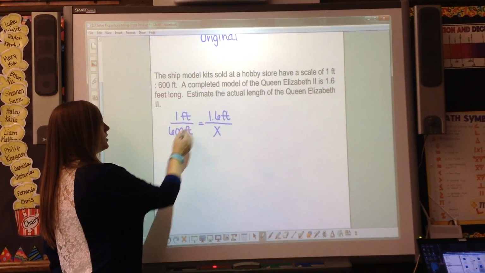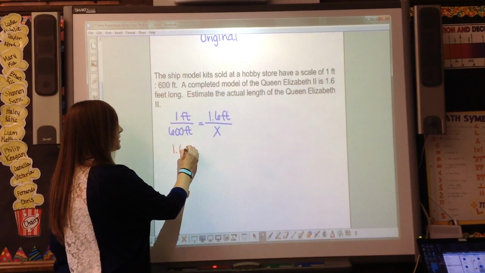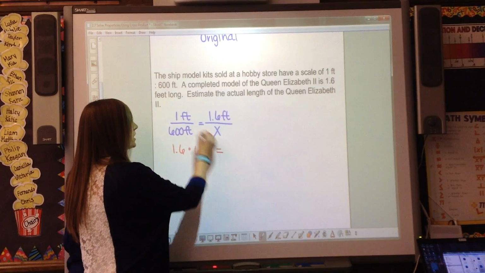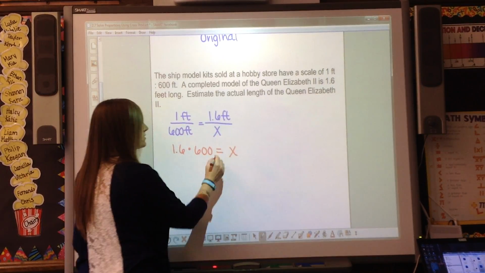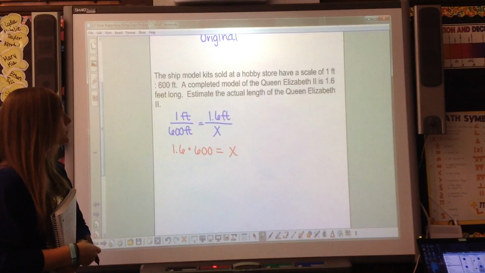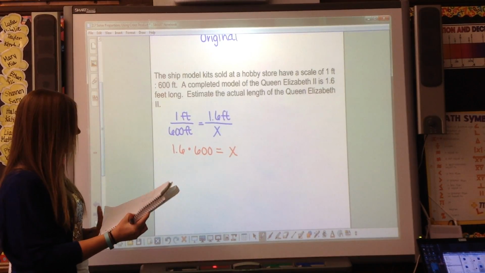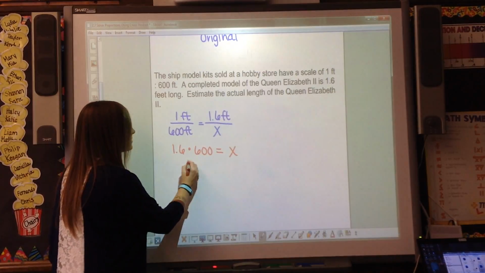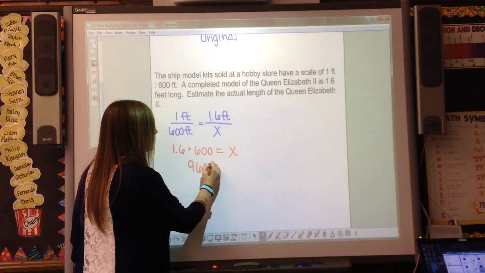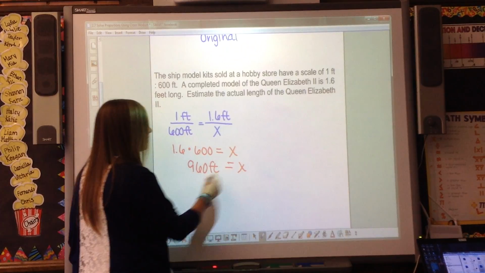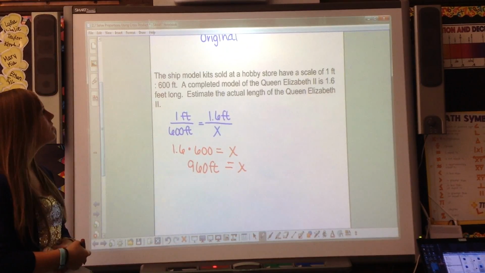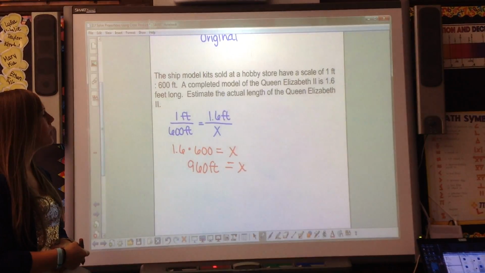So here I have 1.6 times 600. And on the other side I have 1 times x. So I have 1x. To solve this equation, I just do whatever it says on this side. So on my calculator, I type 1.6 times 600 and I get 960 feet. The Queen Elizabeth II is about 960